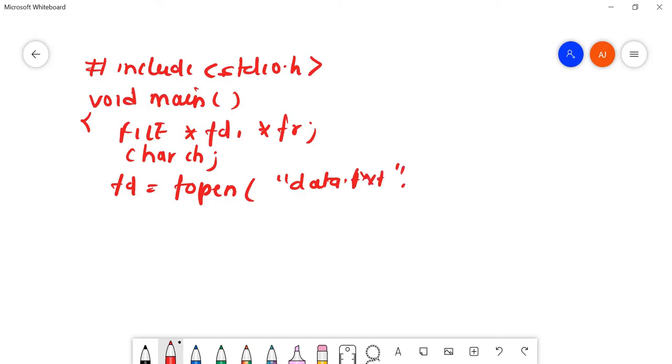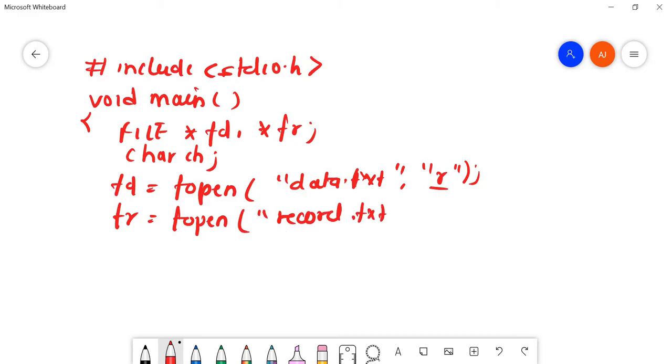I'll open the data.txt file in which mode? In read mode. Take care of this mode, otherwise you'll not get marks. Next I'll open another file, record.txt, and I'll open this in write mode. Fine, so I have opened my two files, the data file in read mode and the record file in write mode.